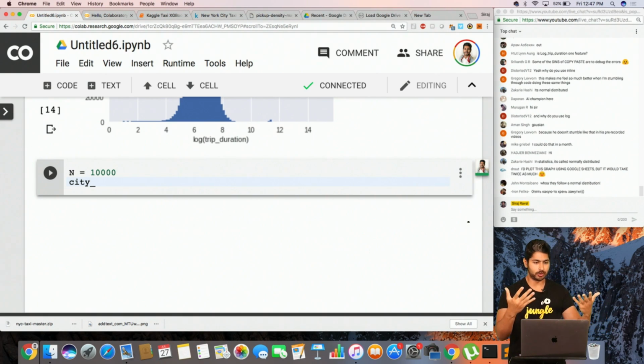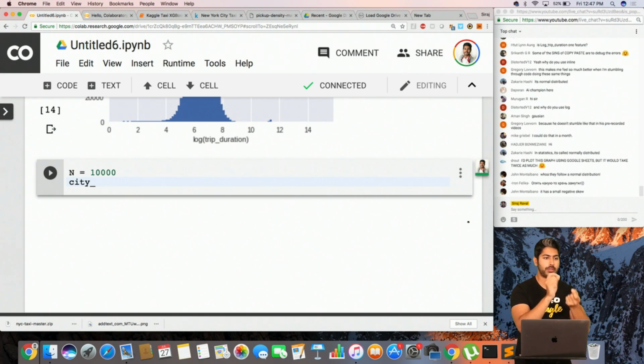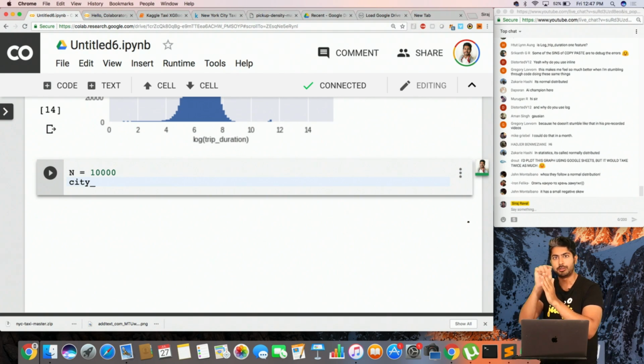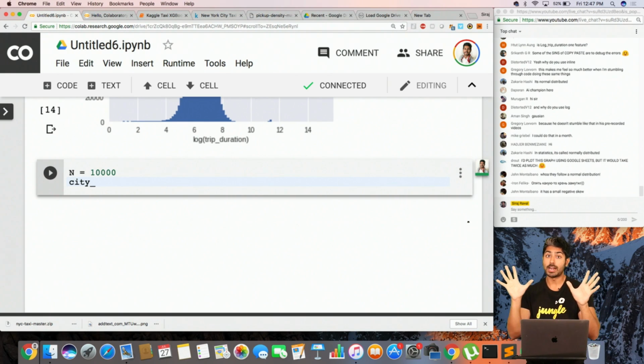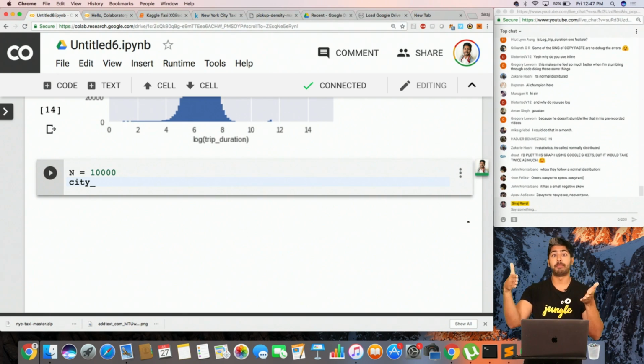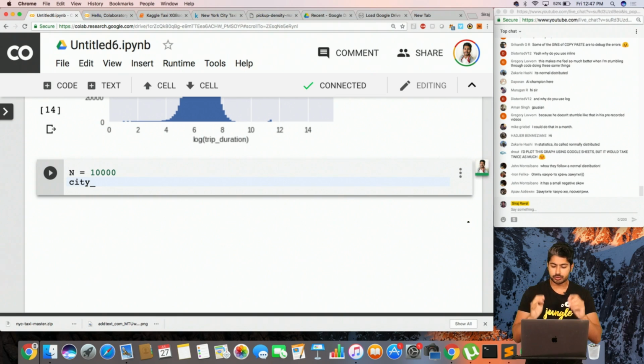And let's just see what this looks like. Remember, we don't have a map of New York City. All we have are these data points. And if there is enough data, if we were to plot out all of these little latitude and longitude dots, theoretically, we could make a map of New York City just from that data. So let's try to do that.